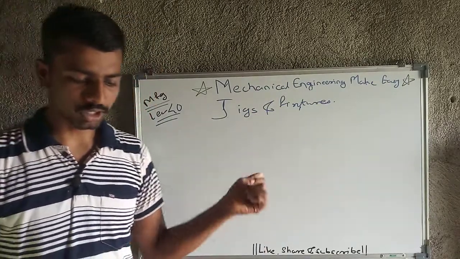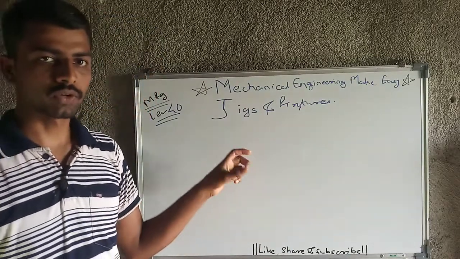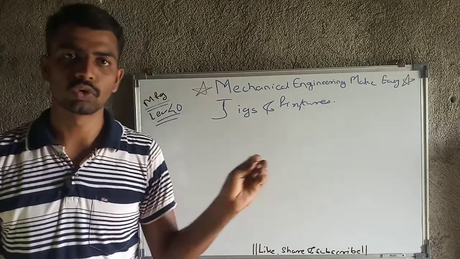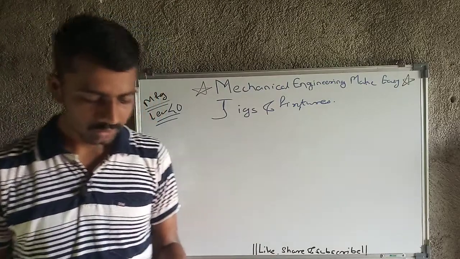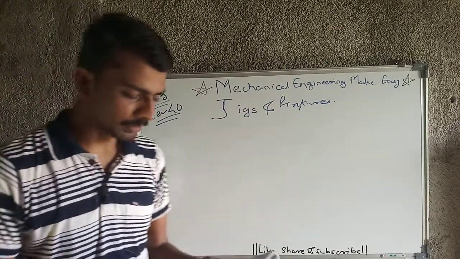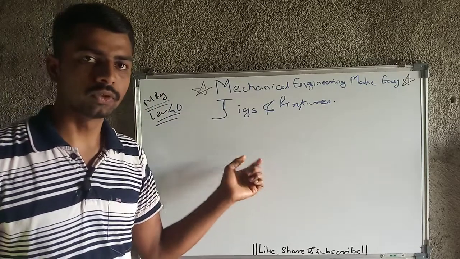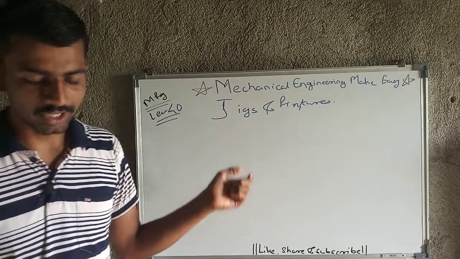Then, increased production speed, feed and depth of cut. Ultimately, if we fix the product with very high rigidity, then we can give more feed and we can increase the rate of production also. Then next we will look at the principles of design of jigs and fixtures. What are the principles that we look at, so that jigs and fixtures are good for us, that is nothing but reduction in idle time.